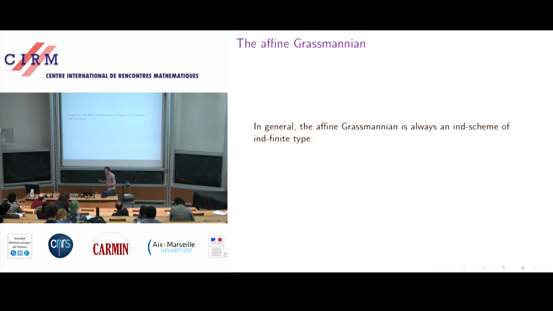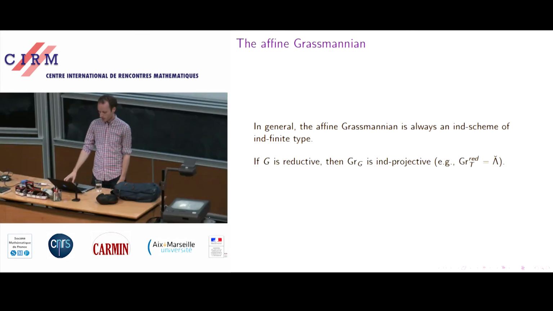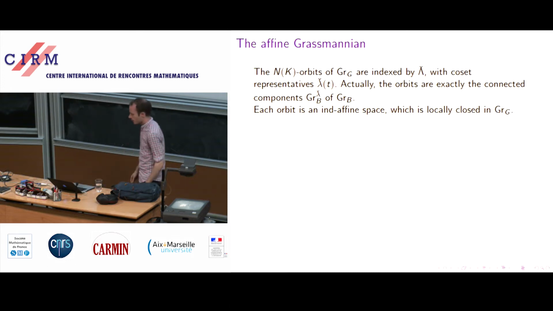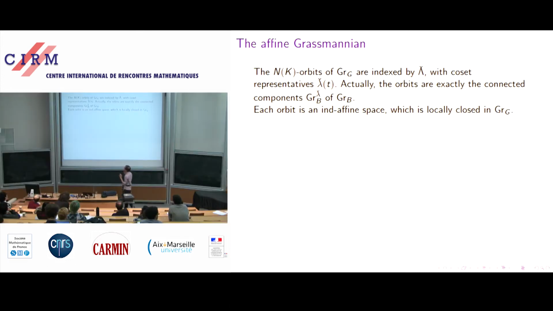OK, so the following general features always hold. It's an ind scheme of infinite type, unlike the loop group, which was infinite type. And if G is reductive, this thing is ind proper. So for example, in the case when we have a torus, it's just a bunch of points, more or less. And now if you want to understand this affine Grassmannian for a general reductive group beyond the fact that it's ind proper,